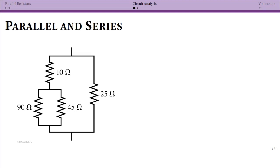There's going to be another video later that goes through a more detailed circuit analysis, but right now I just wanted to show you how to start combining together parallel and series resistors. Now this is just like parallel and series capacitors, so if you understood that, you're probably fine here. But if we want to combine this entire thing together into one equivalent resistance, we have to identify the correct